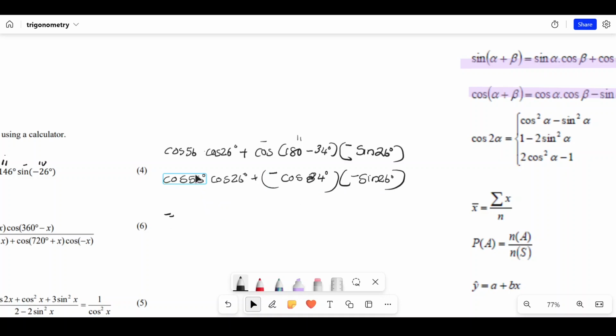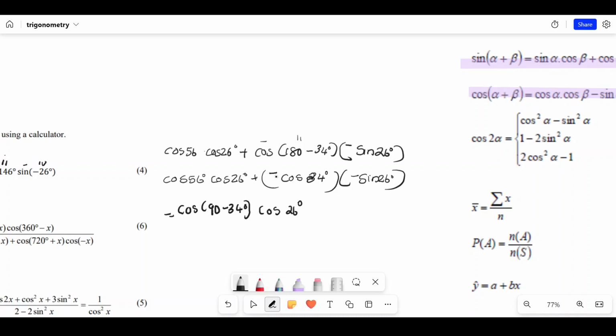So we have to change this 56 also to 34, which is easier because 56 and 34 are complementary angles. So complementary angles means we can change the cos 56 to, let me also write that step for you to see, cos 90 minus 34. That is the meaning of complementary. They add up to 90 degrees. So I can change the cos 56 to cos 90 minus 34, so that in the next step,